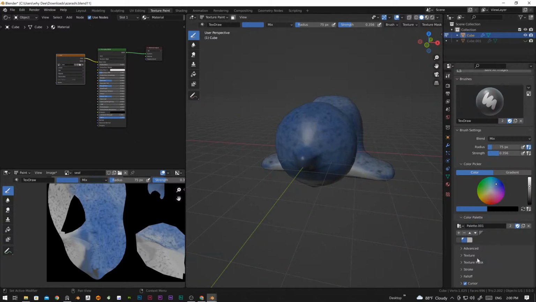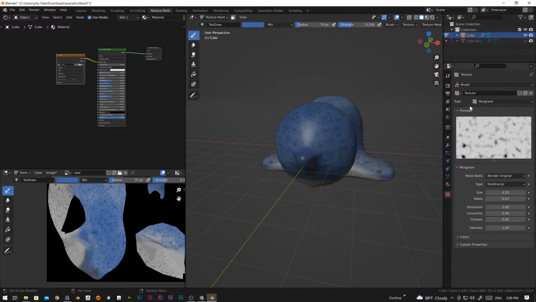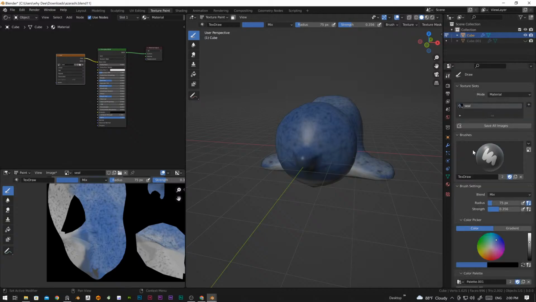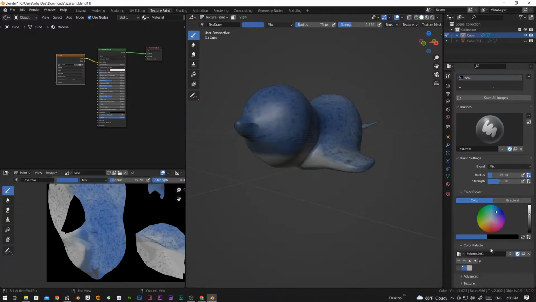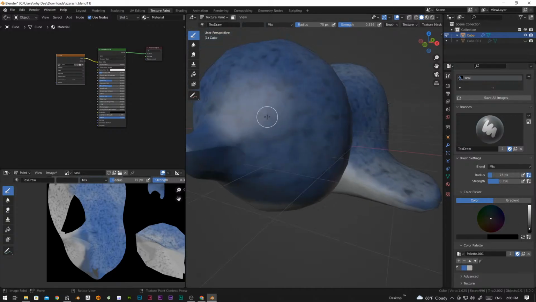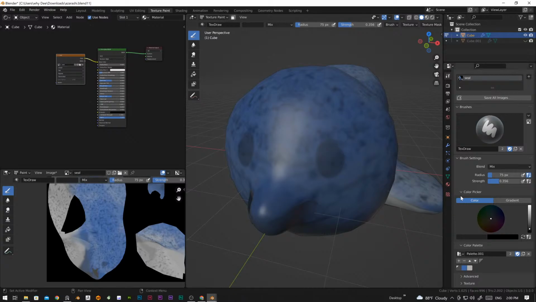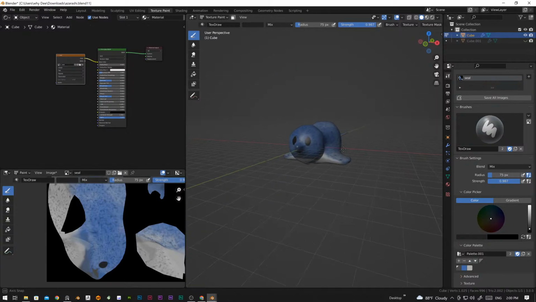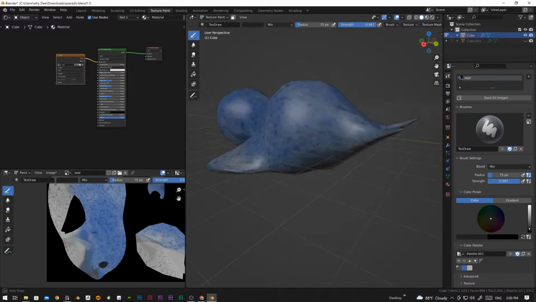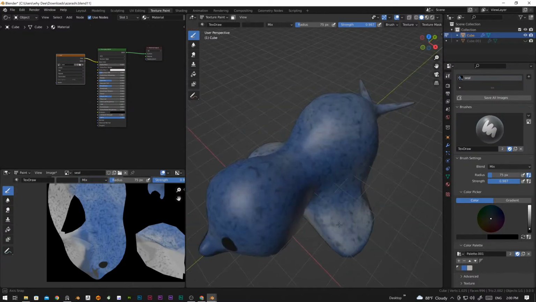And even you can, I don't need this one, so you can also add an eye. You can physically draw the eye. I'm going to increase the strength and let's add the eye like this. Yeah, now right now it's fairly uniform